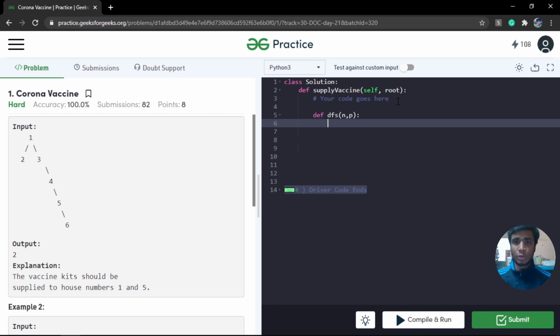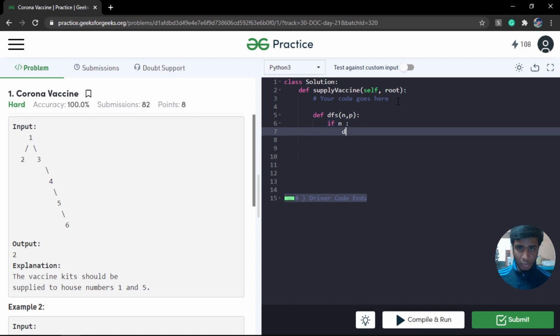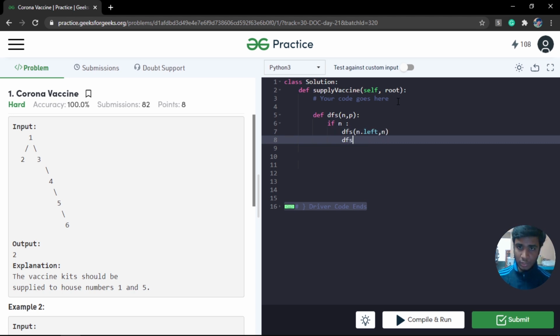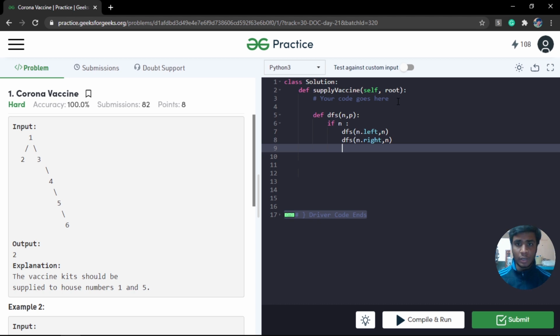So in order to have the information of its parent as well, I'm going to pass parent as a parameter. If the node is not empty, I'm going to do DFS on n.left, and left's parent is going to be n itself, and the same thing on the right: n.right, and its parent is going to be n.